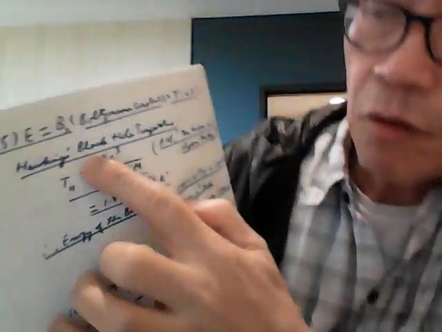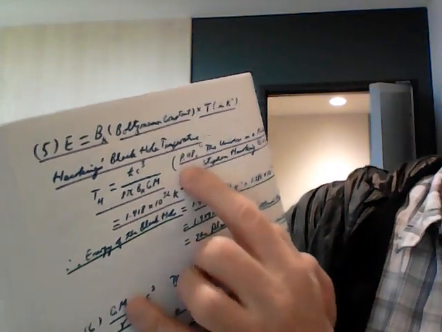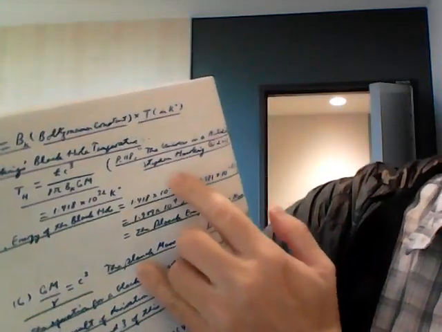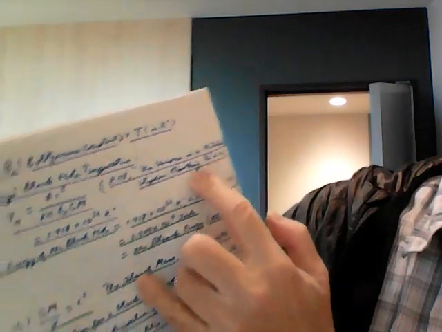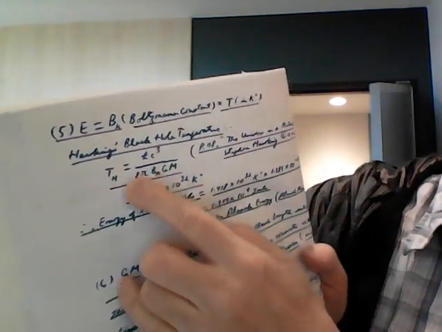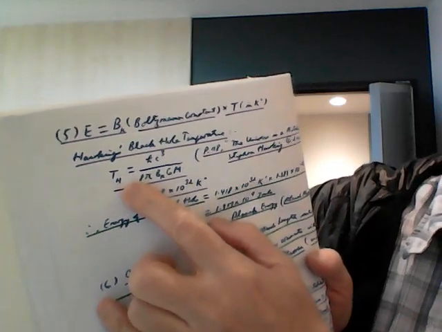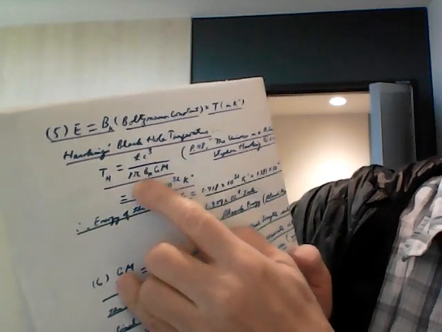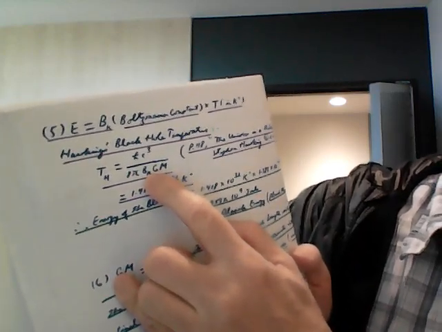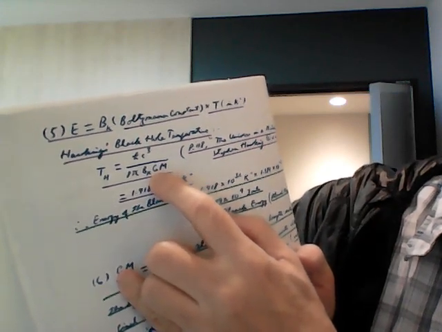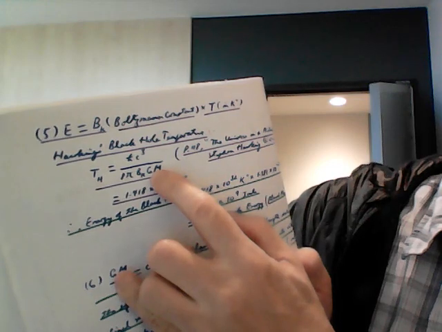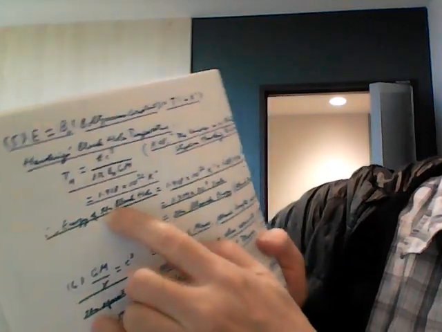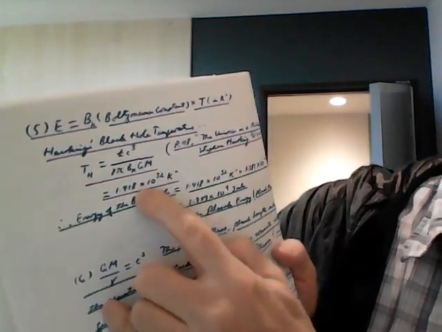The Hawking black hole temperature was given in his famous book, The Universe in a Nutshell, by Stephen Hawking, of 2001, in which he stated that the black hole temperature T_H is equal to h bar c squared divided by 8 pi, divided by the Boltzmann constant k_B, divided by G, the Newton gravitational constant, multiplied by the mass of the black hole, which is equal to 1.41 times 10 to the power 32